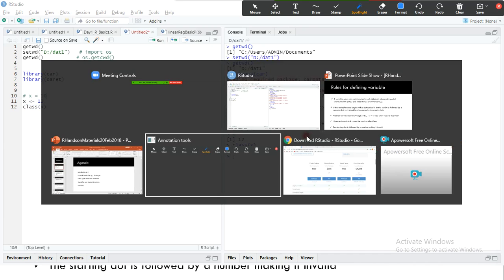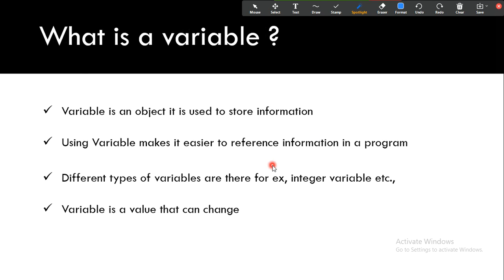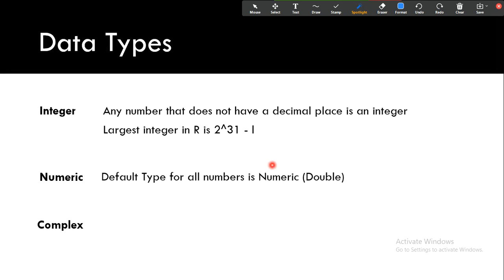Numeric is the float data type. Look here, integer data type is meant for the whole number. The numeric will have the decimal values in it. It is nothing but the double or float data type.